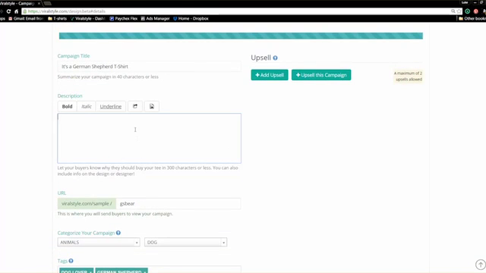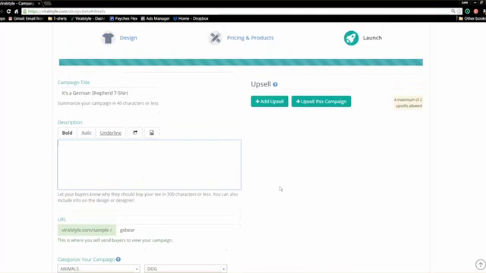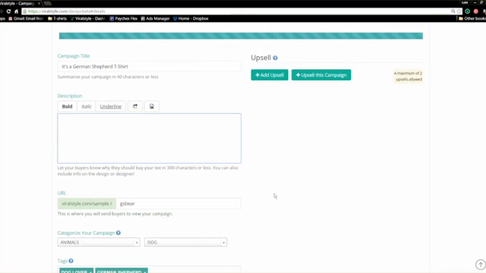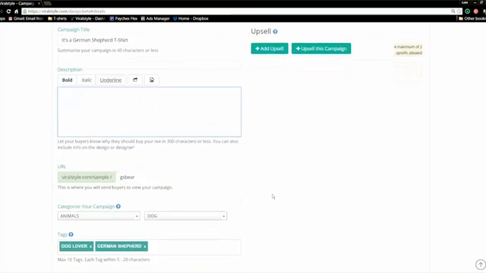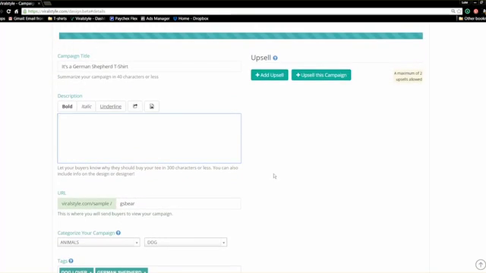So to come back to the description, there are a lot of examples out there for good layouts for how to use this description box. What I'd recommend is you look at what others are doing and you kind of create your own. You can look at what others are doing by going through something like Viralstyle marketplace and see what other language other people are using, but generally speaking, you're going to describe the t-shirt in here, and you could say